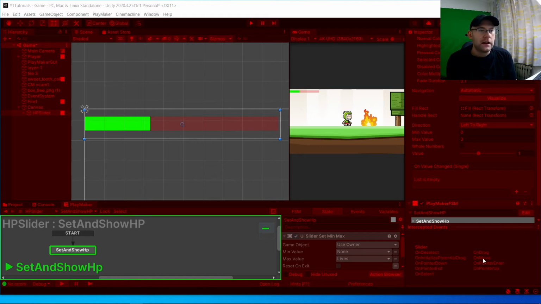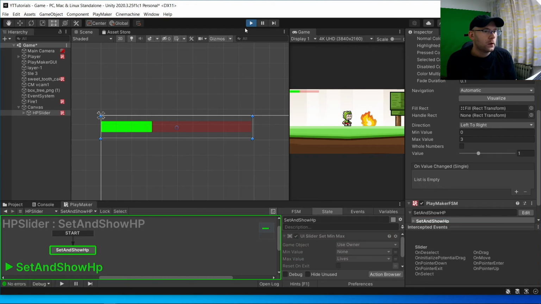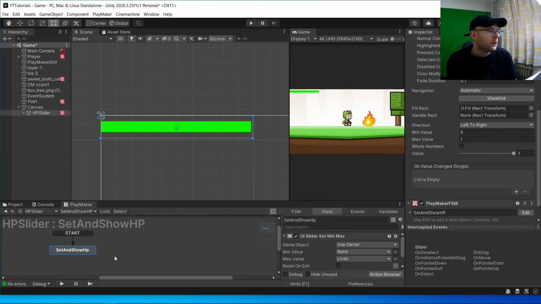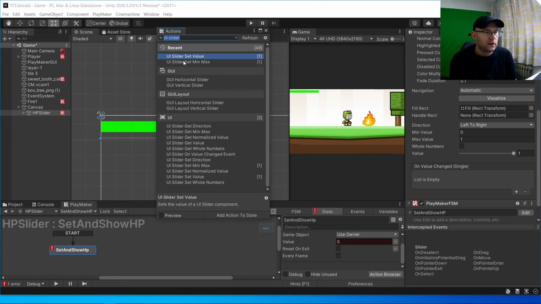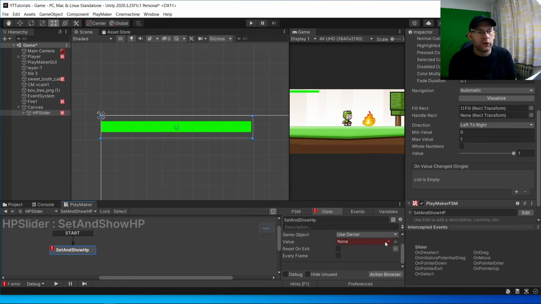As you can see, it now says here 3, and the value is 1, so it's showing we've only got 1 life left. What we next need to do is actually set the value. So UI, and in here set value. We're going to choose to use a variable, not a number. We'll click on the box here, and then we'll choose lives. And we're going to do this every frame. So now if we hit play,